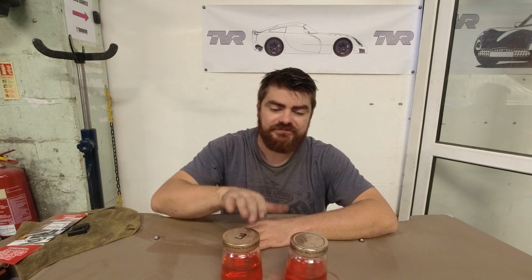An interesting point to note is why cooling systems are pressurised, and that brings us into another sort of pro-con area. Cooling systems don't pressurise by accident. They're designed to pressurise. They are intentionally pressurised by manufacturers at design, and some cars have a lower pressure cooling system. Some cars don't have a pressurised cooling system. They are designed to run cooler. But certainly anything from the last 40 years will have a pressurised cooling system. And the reason for doing this is because if you pressurise